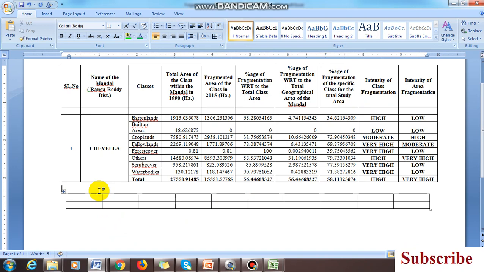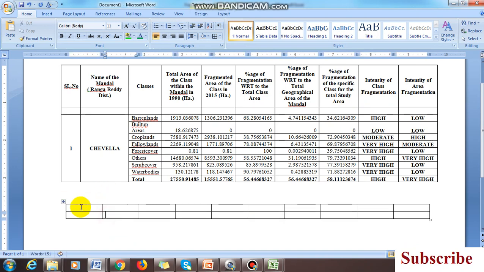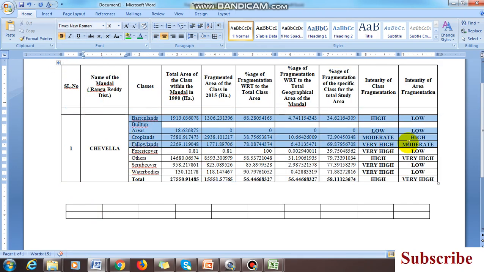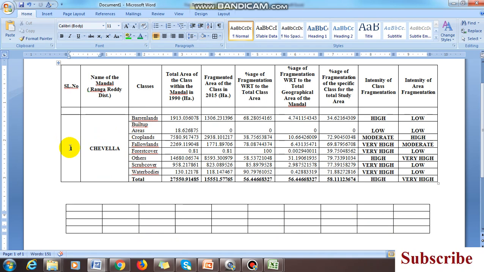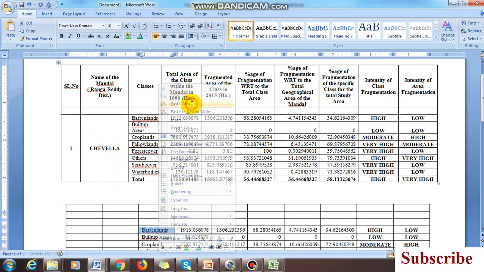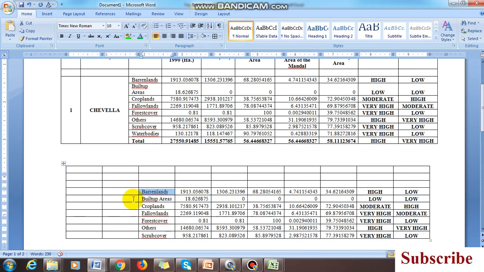I am assuming that this bottom one is the new report file. This is the Excel file. From this Excel file you copy and paste, see, I am copying directly. No need to give the number of rows. If I want another row, you press tab. For these 2 I am giving 2 rows and I am copy pasting here. Paste, it came automatically, and you merge all the things. Merge,